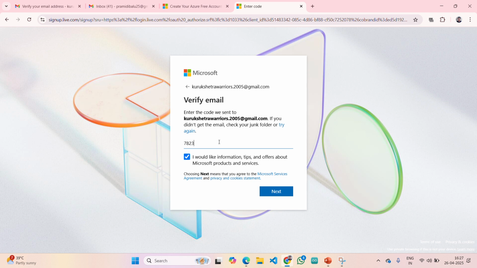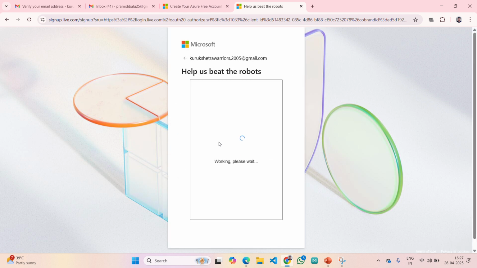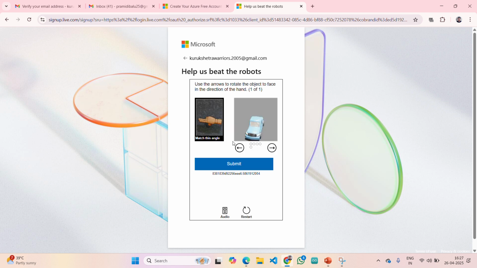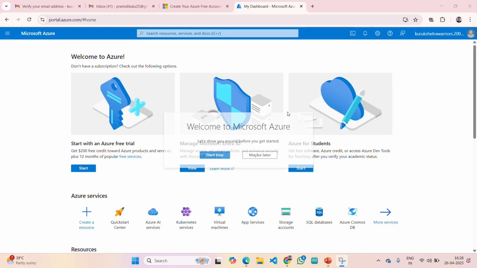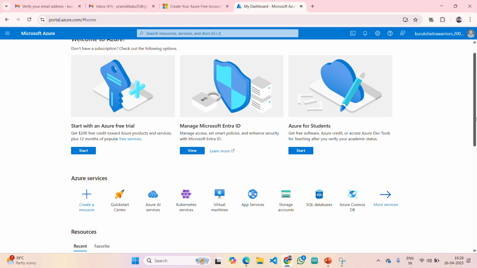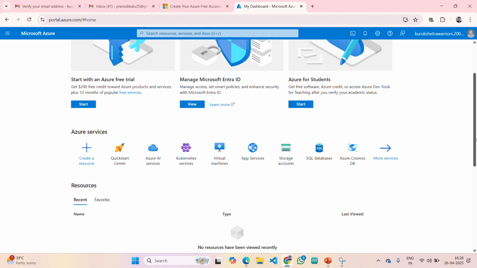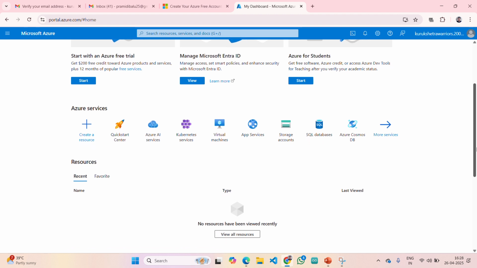Enter the code 782377. You need to solve the puzzle. Once you solve the puzzle, it will load like this and open a new page. From here, you are going to access all the services.